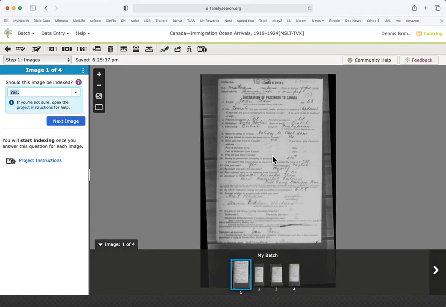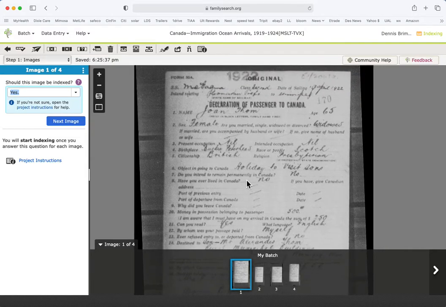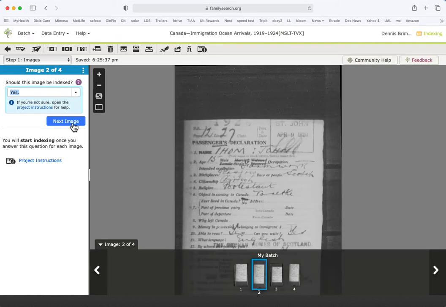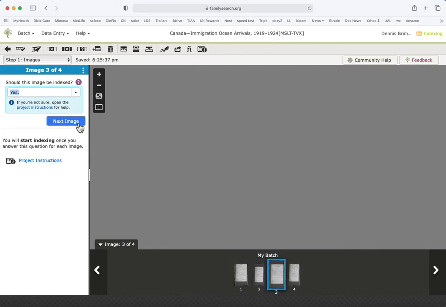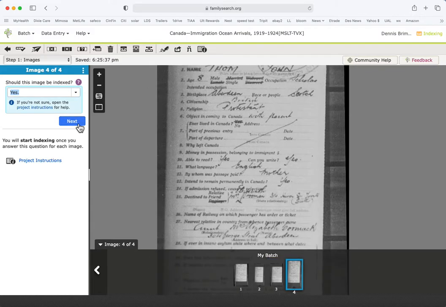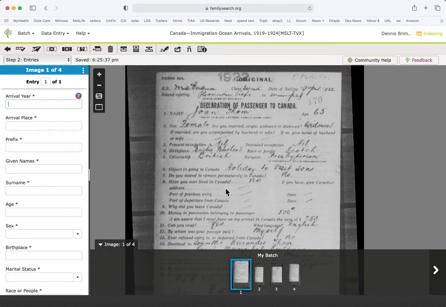Now I'm going to make this a little bit larger in my screen and pull it down. And the first thing I want you to do is to verify that each one of these cards has information on it. So you say yes. You'll go up here, it'll have yes in this field. You click yes, takes you to the next image. You look at that one, you said yes, that has information in it. Takes the next one, that has information in it. Takes the next one, and that has information in it. When you hit that, it was going to take you back to the original, and then it wants you to